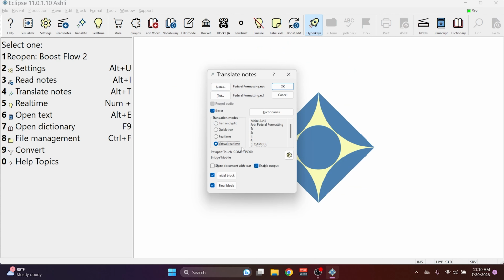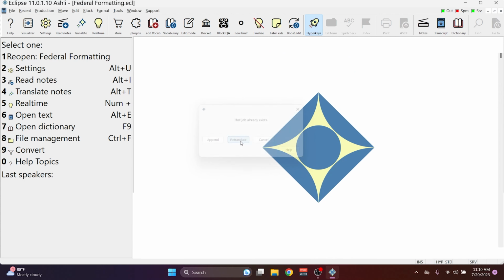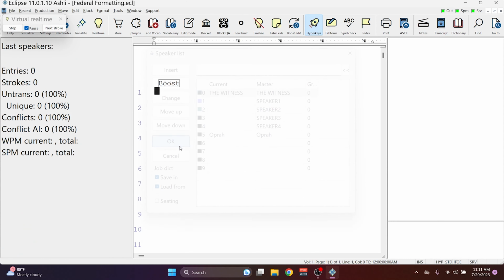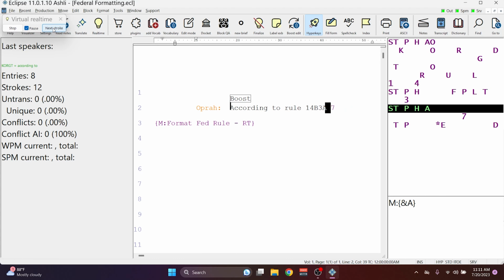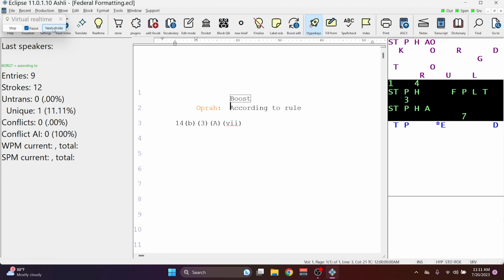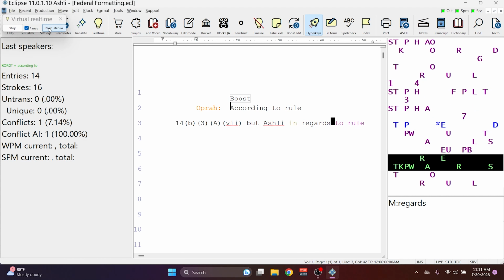I've set up a virtual real-time translation for this purpose, and I'm going to use this to demonstrate how the rule translates in real time. As I begin pushing strokes here, you'll see that the rule comes up immediately, and there's the Format Federal Rule macro, and as soon as it finishes, the rule is formatted appropriately. I'm going to push another rule out,